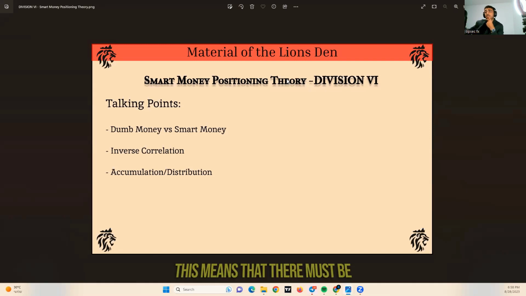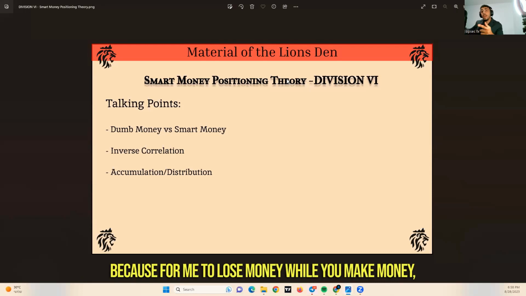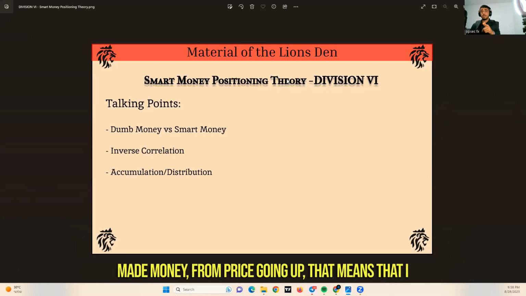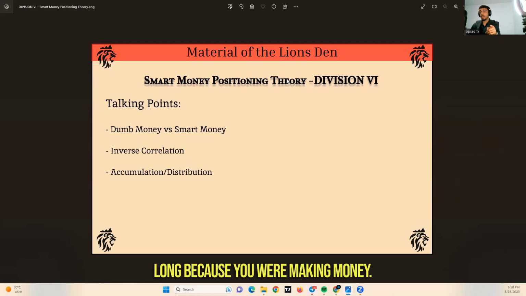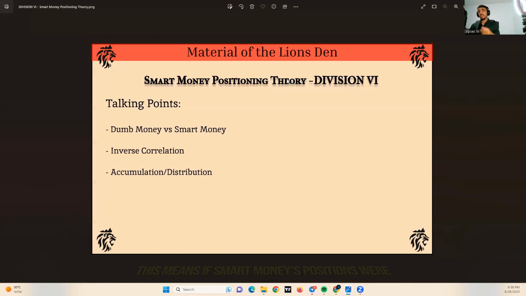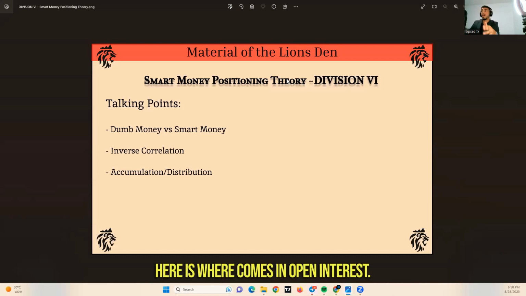Now, what does this mean? This means that there must be an inverse correlation between their positions, because for me to lose money while you make money, say price went up. If I lost money and you made money from price going up, that means that I was short because I was losing money and you were long because you were making money. That is smart money versus dumb money. If price went up, dumb money was short, smart money was long. That's the inverse correlation between their positions. This means if smart money's positions were overly long, then that means that dumb money's positions were overly short. Here is where comes in